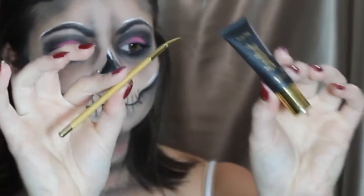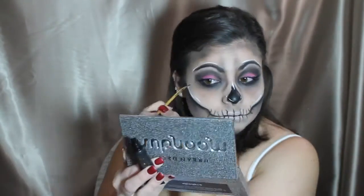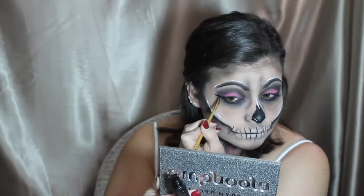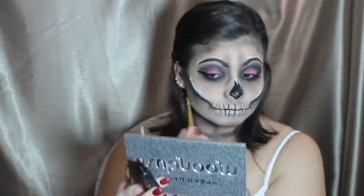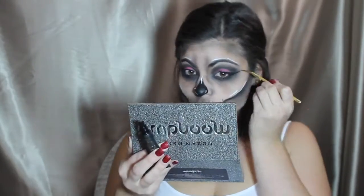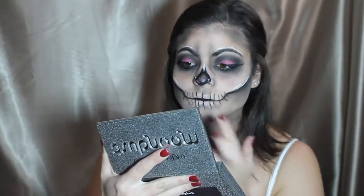Then after that, quickly, I'm just going to give myself a winged liner. I'm going to bring it pretty far out, and I want it to be pretty defined, but I'm just going to be using the Tarte Gel Liner for this, and I'm going to do that on both my eyes. After I'm done with the winged liner, I'm going to quickly go in with the Moondust palette. I'm going to grab the pink glitter and apply that as a highlight, and we are finished with this